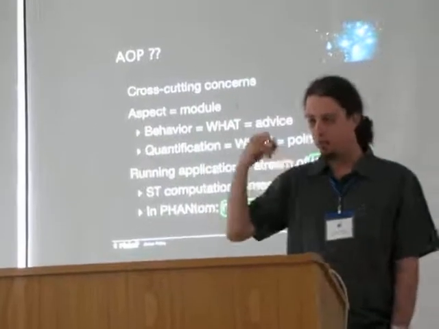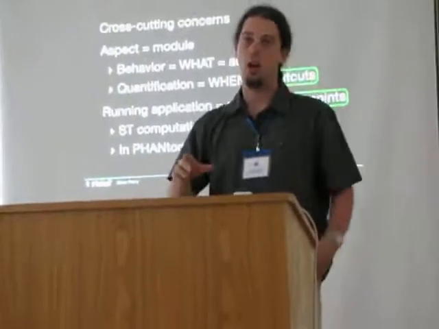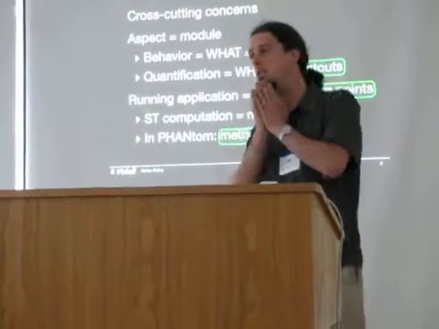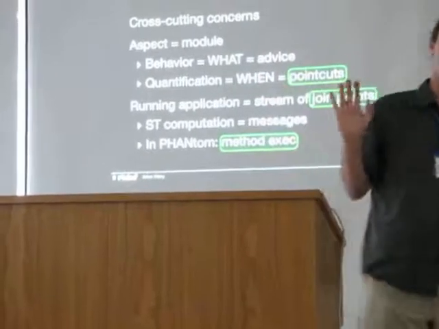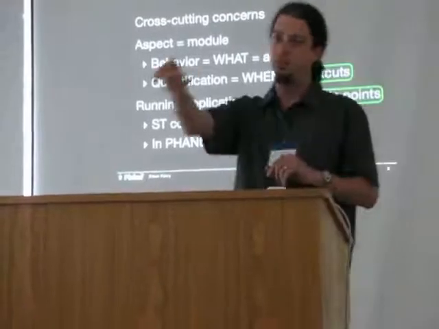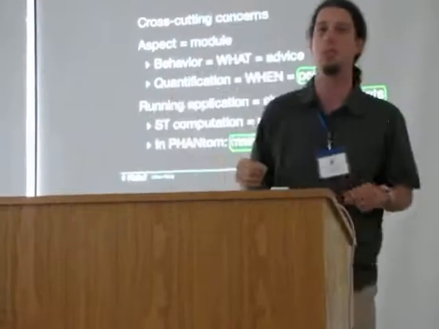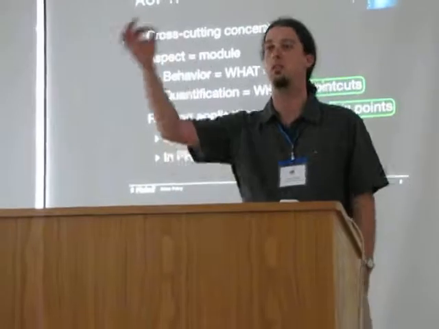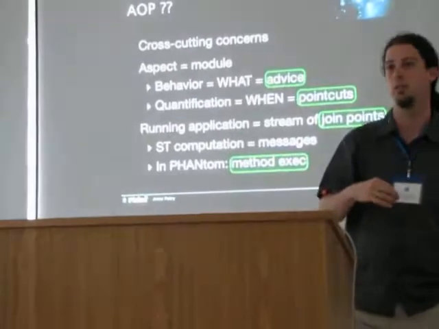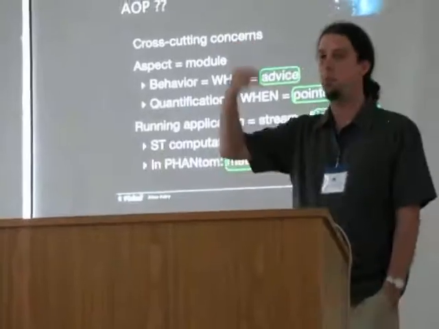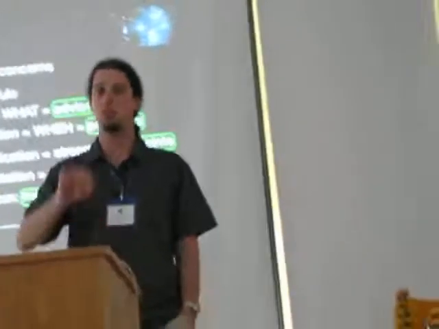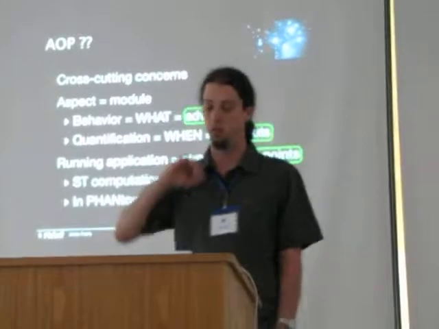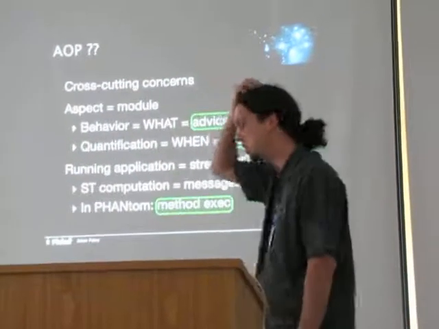For each join point that is created, there are a number of point cuts running around in the system, and they will look at this join point and say, okay, this is interesting for me, or no, this is not interesting for me. The point cut will say, this method being executed is interesting for me because I want to do something. What this point cut is going to do is run the advice which is associated to the point cut. So the application runs, join points are emitted, point cuts select the join points which they think are interesting, and run the advice associated to that. Big AOP introduction in 30 seconds. All right.